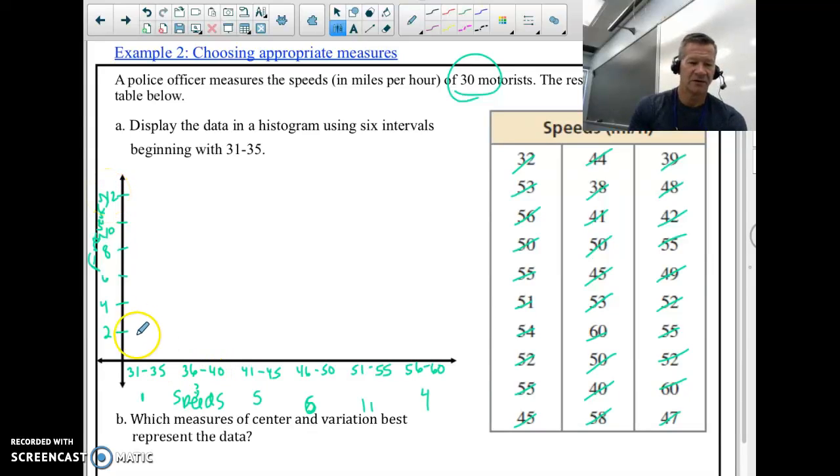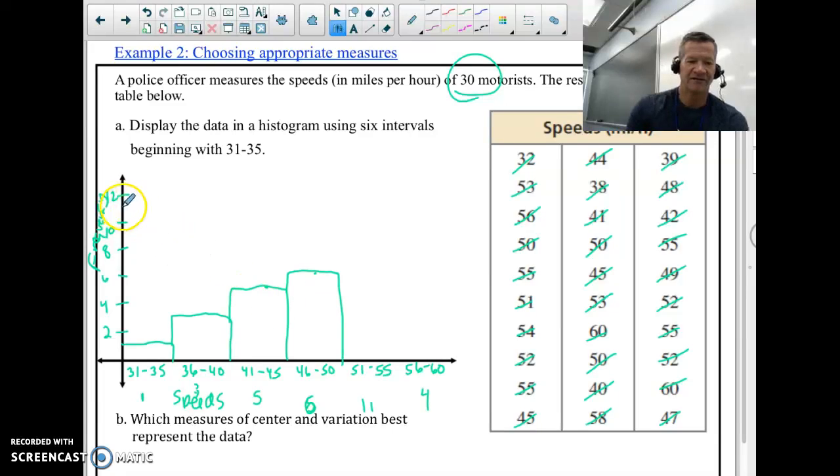All right, here we go. There was 1 at 31 to 35. At 36 to 40, there were 3. So go up until about 3. Come across and down. There were 5 from 41 to 45. So up to about 5 is right about there. So we'll go up about that high, across, and down. There were 6 from 46 to 50. So a little higher than that. Right about there. There were 11